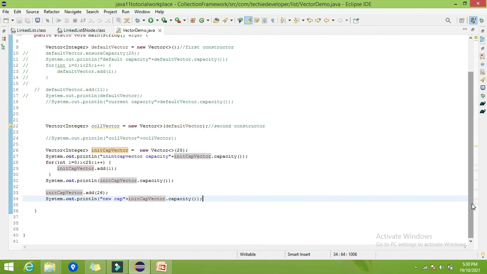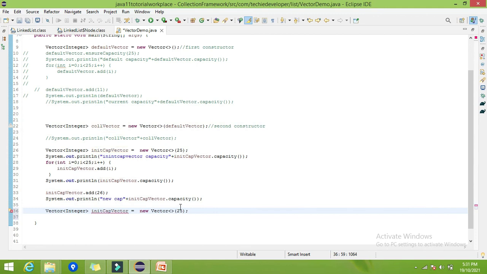Can we increase by some factor? If it is 25, then let's increment the capacity by 2. Let's increment the capacity by 4. Why increase by double? It's directly 100%. That time we have the new constructor, the constructor which takes two parameters: the first one is the initial capacity and the second one is the incremental factor, by how much you want to increment.